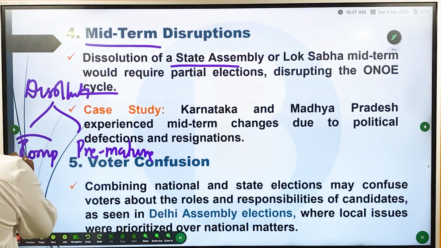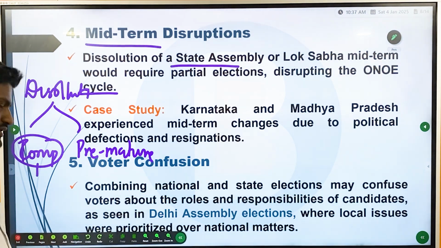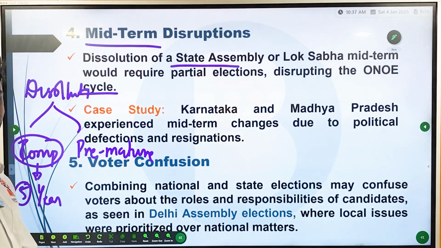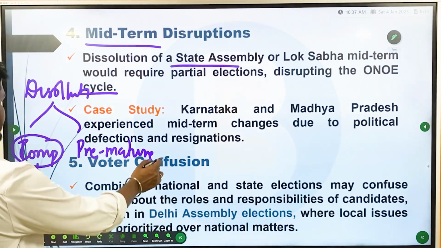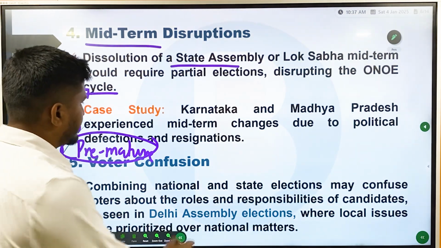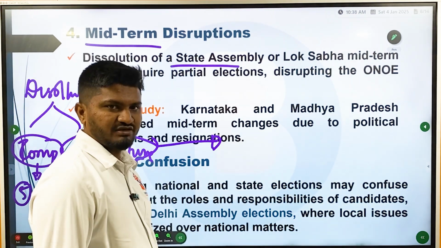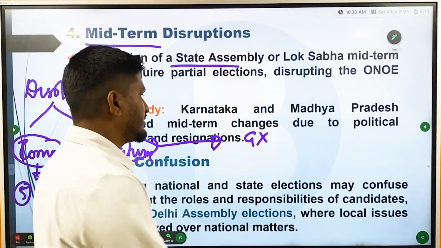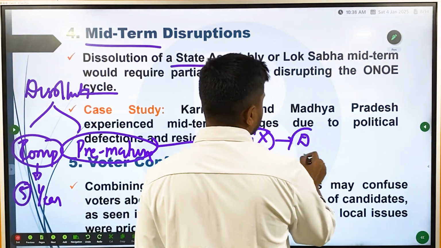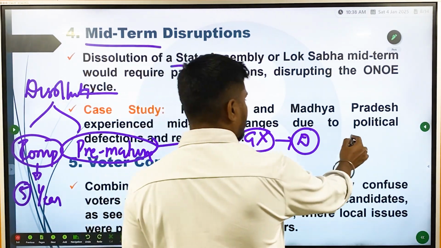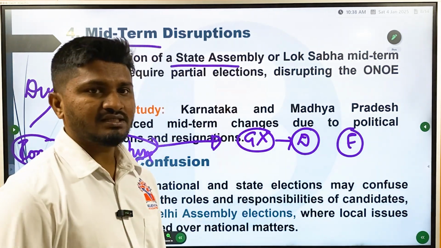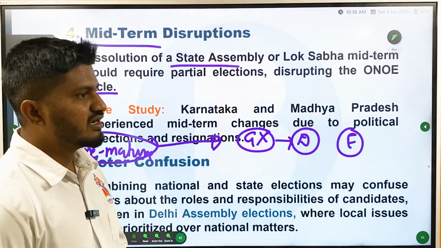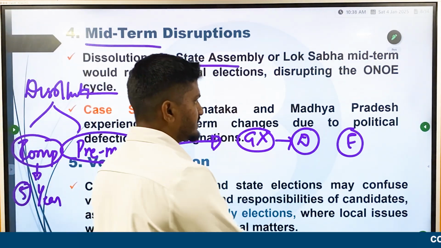Okay, in this compulsory there are again two types. One is when you are completing the 5-year term. This is not an issue with regard to one nation election, but the second aspect, that is premature dissolution. That is, you are going to lose majority. If you lose majority in the state elections, the government is going to collapse. When the government collapses, it will be dissolved. Once this dissolution is done, there will be new elections for the particular state. Conducting new elections is again going to disrupt the one nation election synchronization. That is also one of the issues, and one of the solutions for this issue is the fixed term